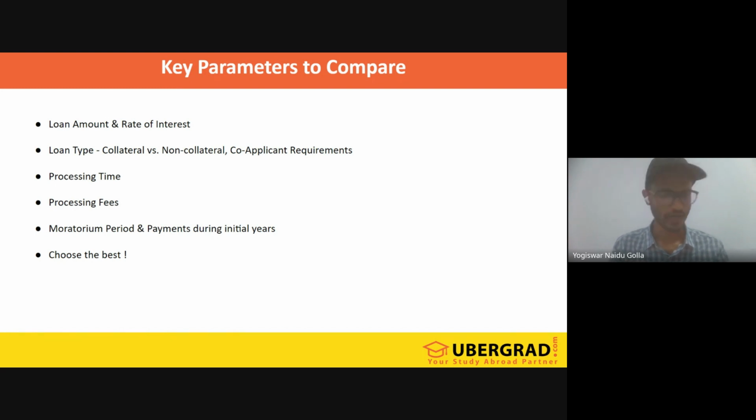Coming to non-collateral, it is a special option where you can get a loan if you don't have any collateral at all. So what is non-collateral? It is based upon your co-applicant. Here we don't put any security on top of the loan. Here we have to have a good co-applicant who should